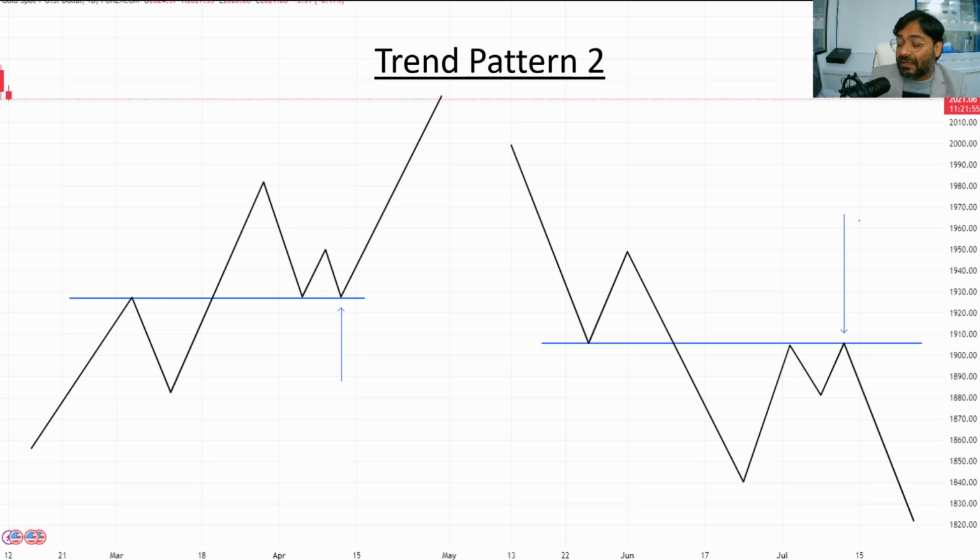Okay, so let's have a look at trend pattern 2. As I have taught you trend pattern 1 first, it's quite easy to understand. Follow the trend and take your trades along with the range, right? Trend pattern 2 is quite interesting because in trend pattern 2, let's have a look at the example of